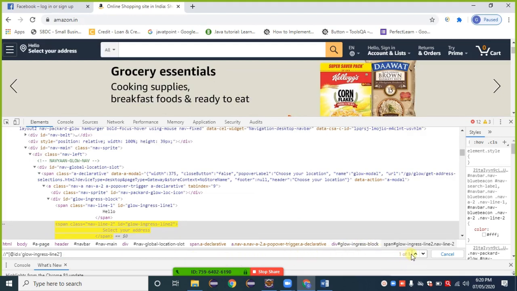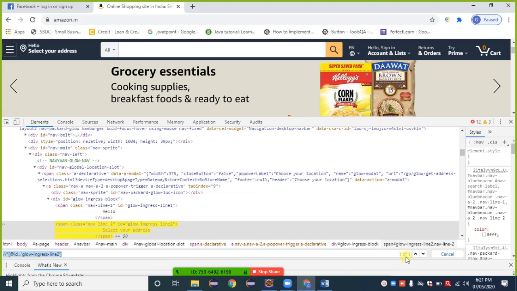So 1 of 1 means this XPath we have given for that element is located on the current page, and only one web element on that page has this XPath. It means that it is a unique XPath. If it is a unique XPath, then we get 1 of 1 here.